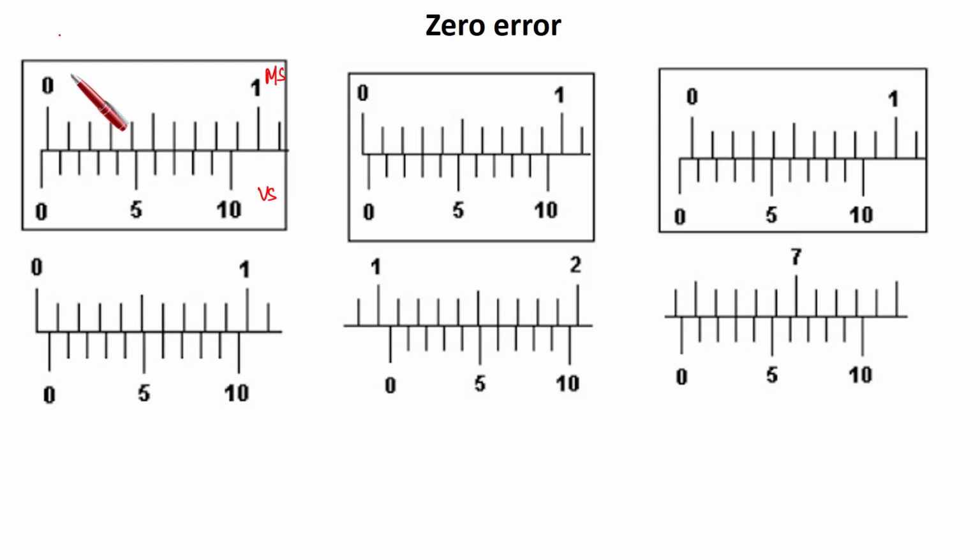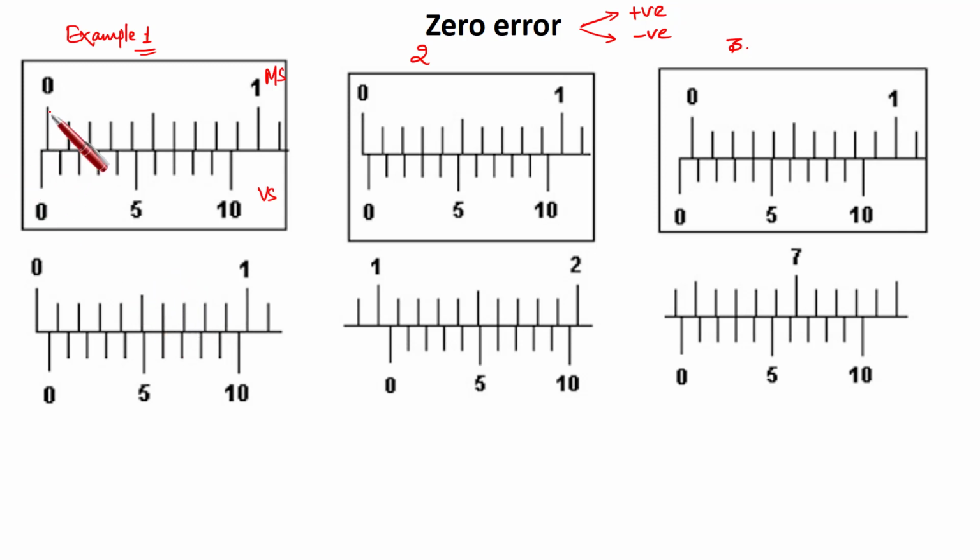So first of all, in this example number 1, let us see what is the zero error. These are the upper pictures in all the examples: this is example number 2 and example number 3. So in the first example, what is the zero error? There are two types of zero error. One is positive and one is negative. So how do we see which is positive and which is negative?